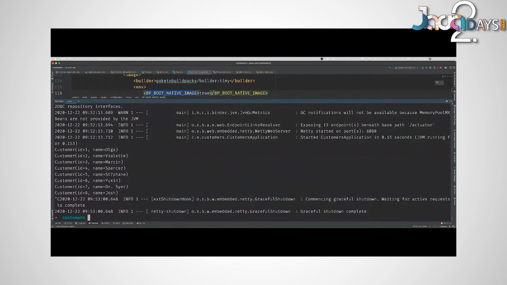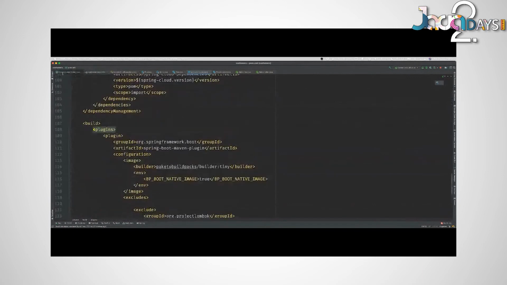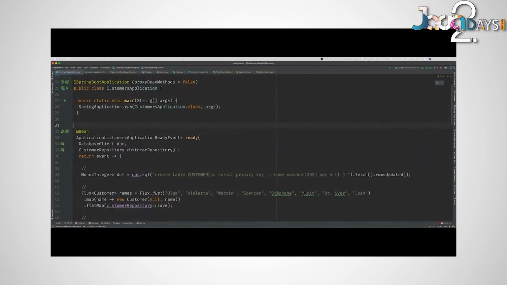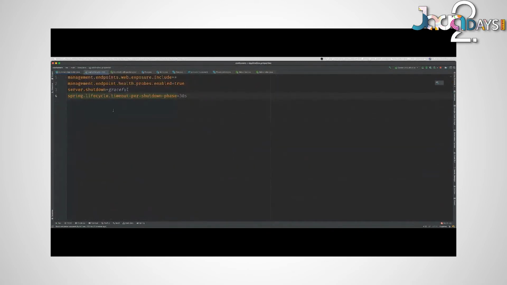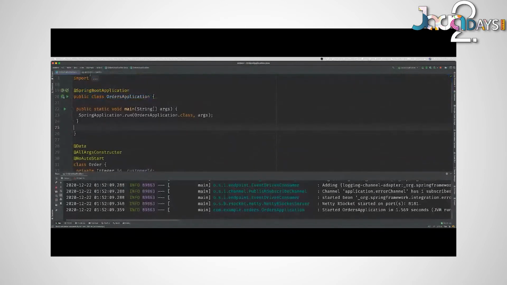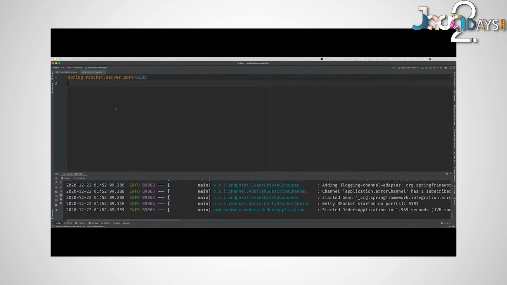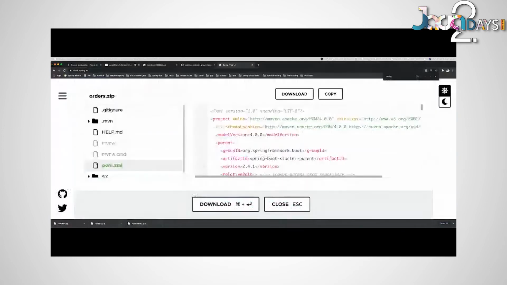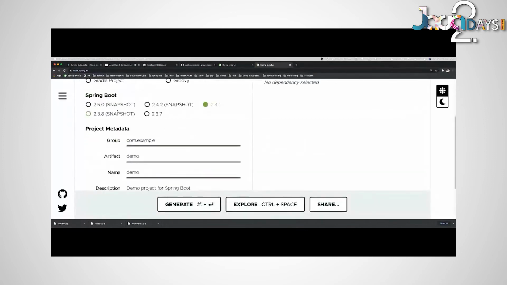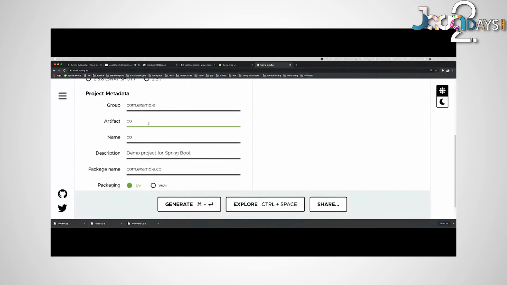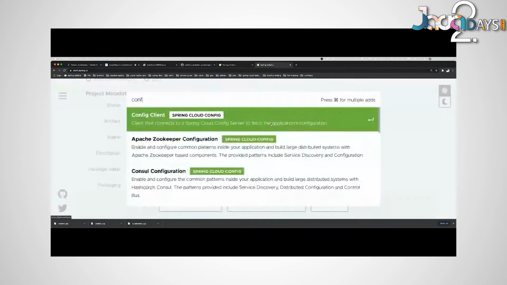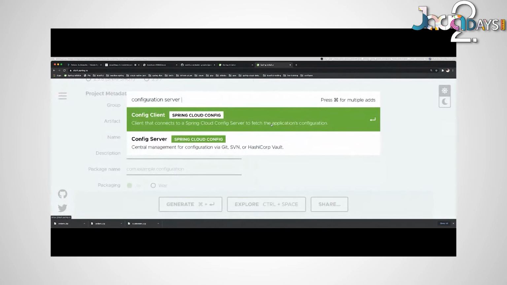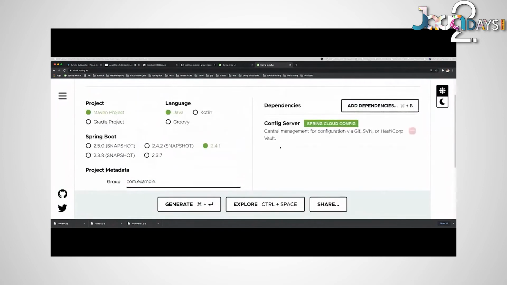So now I have my customer service and I have my order service. You saw I have configuration here, and I have configuration here. I want this configuration to be stored somewhere centrally. So one of the really nice things in the Spring Cloud ecosystem is the Spring Cloud Configuration Server. The Spring Cloud Configuration Server is just a Java API that sits in front of a repository of configuration, like a Git repository, right?